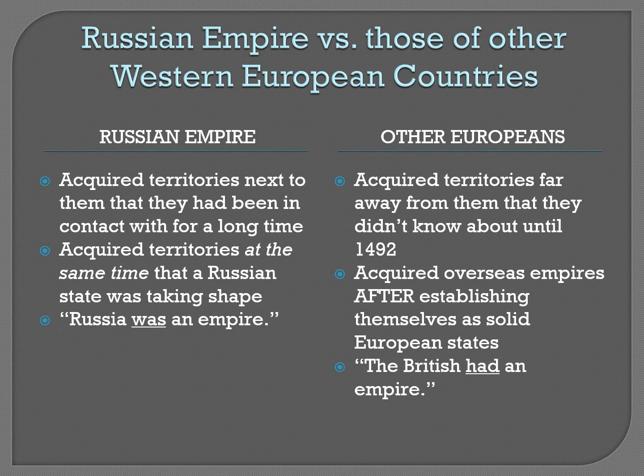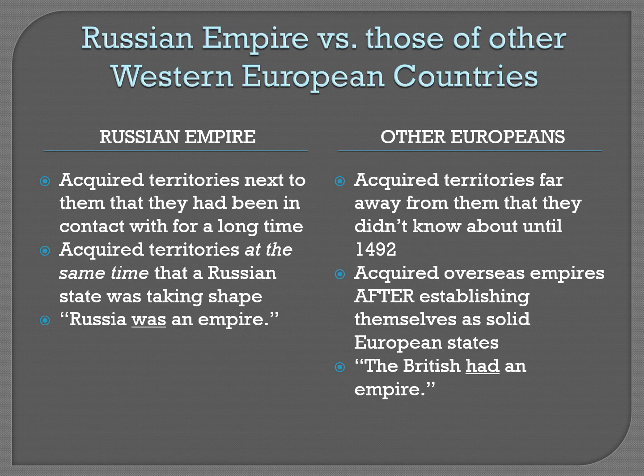First, I've already alluded to this, right? In the Russian Empire, they acquired their territories that were right next to them. So they just kind of, like a blob, spread out and added those territories to them. They had been in contact with these for a significant period of time. It's not like they didn't know who these other peoples were, like the nomads. In fact, that's why they made some of the decisions they made, because they'd had experience